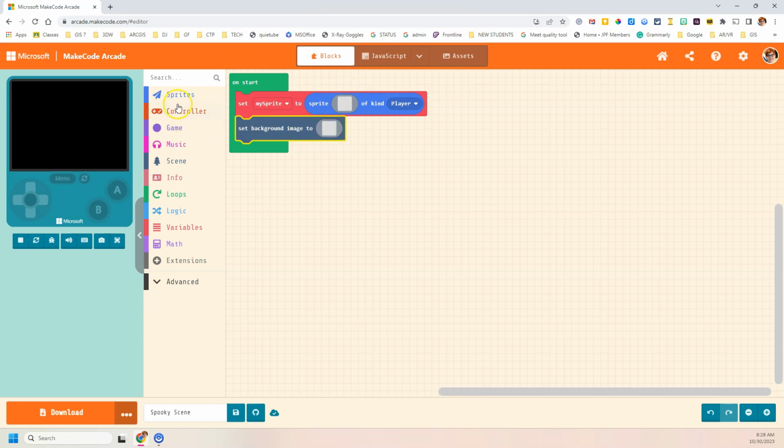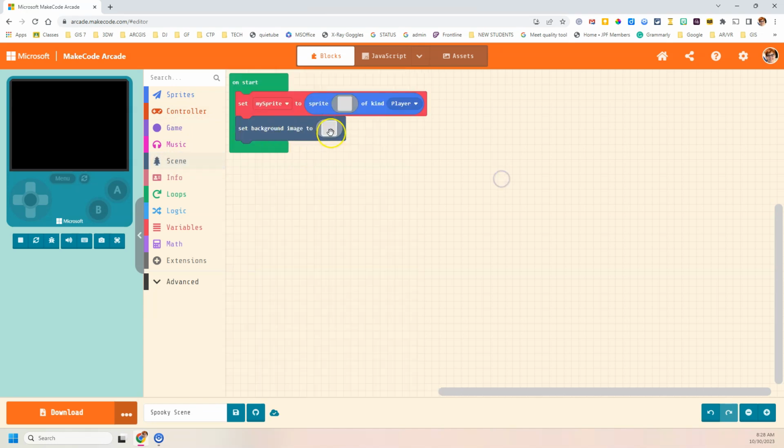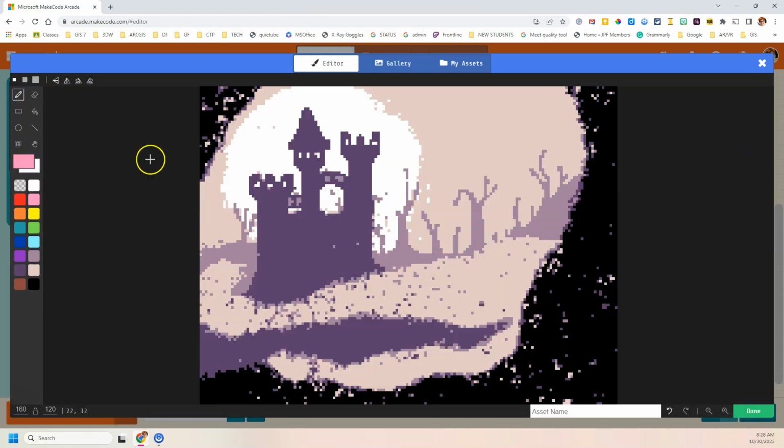Now you could just say you want to set the scene to a specific color, but this is more fun. So if you click on this, again, you have assets, you have gallery. Notice they have like a pumpkin one already. They have some spooky ones. You have lots of things you could work with. So you can create your own, or you can go into something like this and then start playing around with